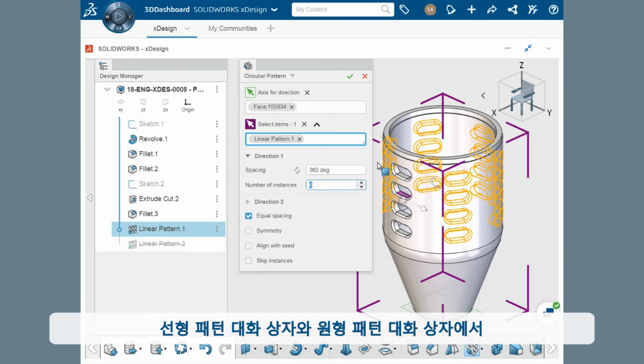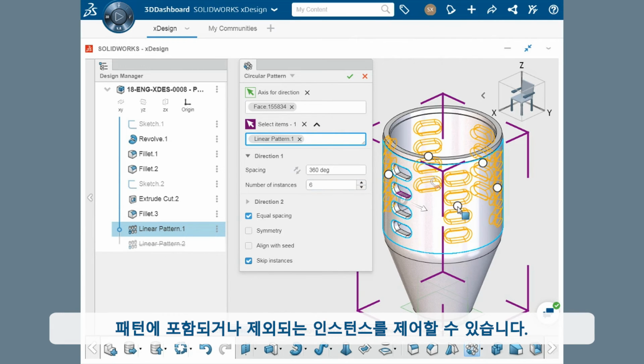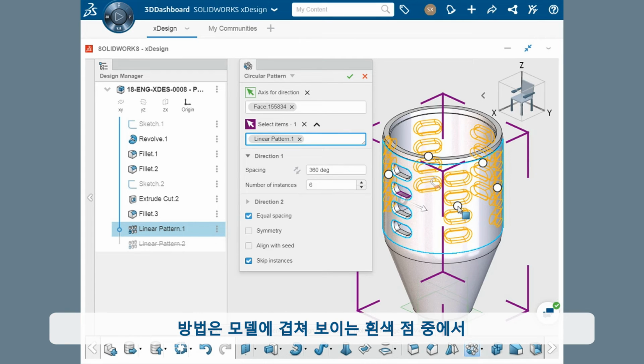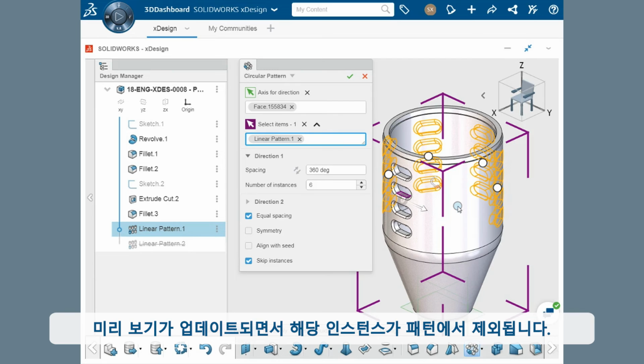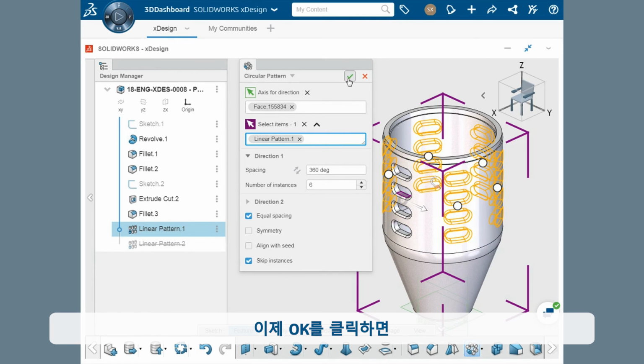Before clicking OK, I want to mention a really useful option available in both the linear pattern and circular pattern dialog boxes. The Skip Instances option. By selecting this, you can control which instances are included or excluded from the pattern. This is done simply by clicking on any of the white dots that appear overlaid on the model. So if I click this one here, the preview updates to exclude it from the pattern. In this case, though, I want all of the instances included, so I'll click on it again to bring it back. And now when I click OK,